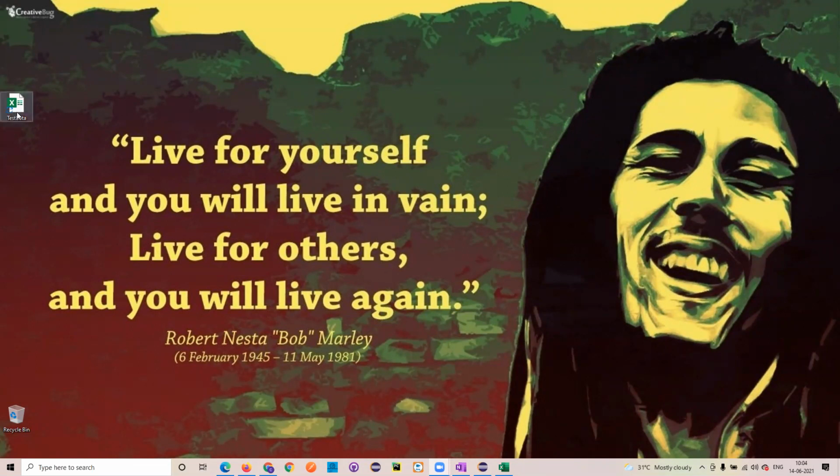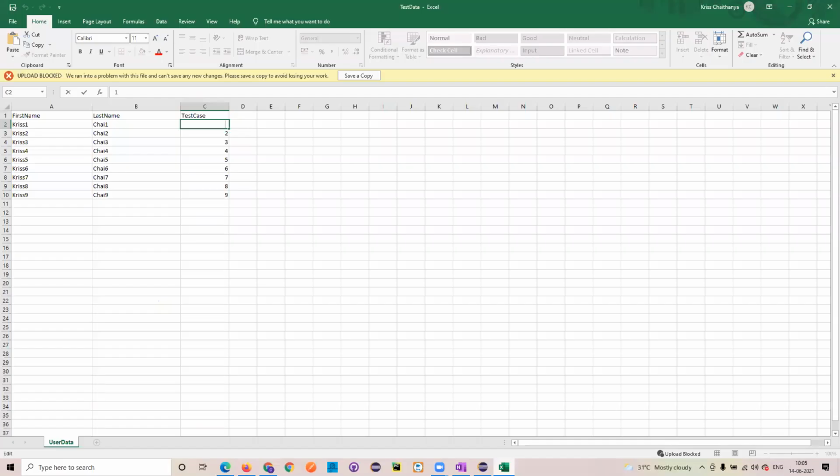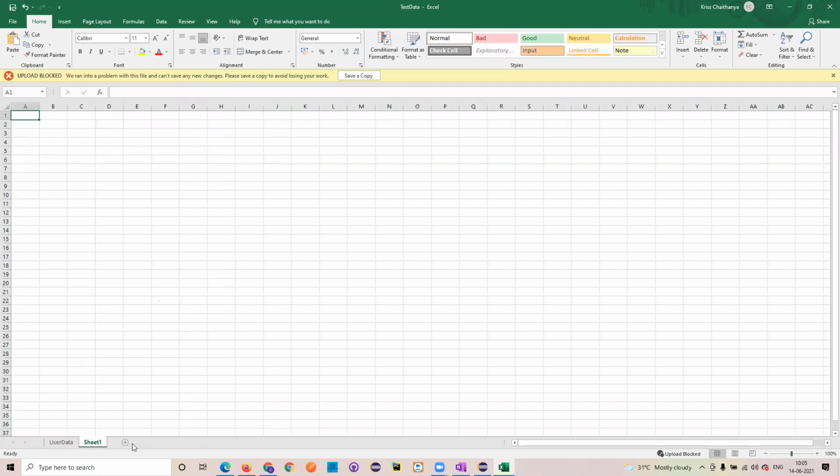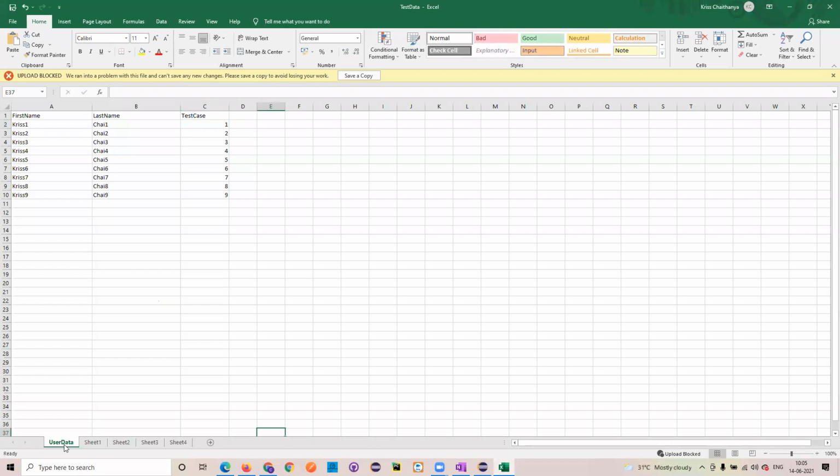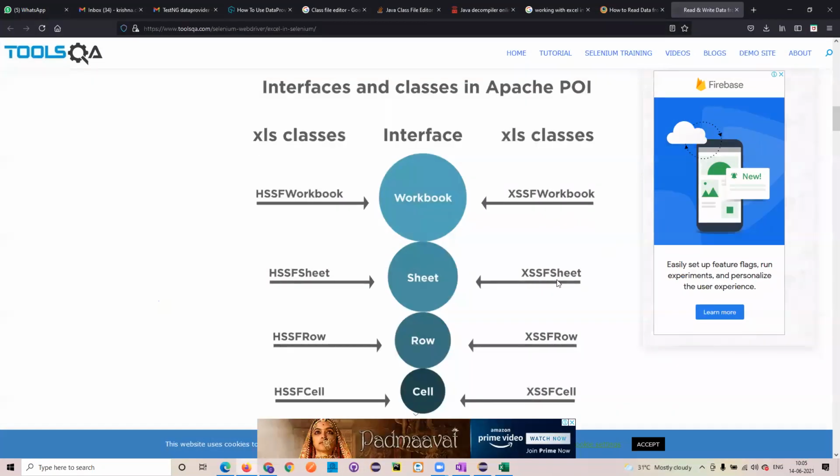And when I wanted to play with a particular sheet, out of multiple sheets, at that point we will be using the sheet class. Even with multiple rows and cells, when we want to play with specific rows and specific cells, these classes will be helpful internally.